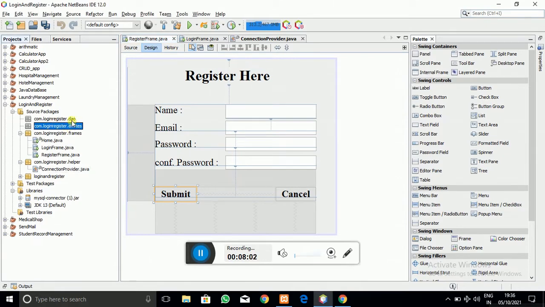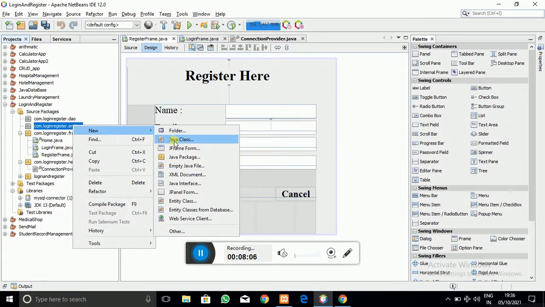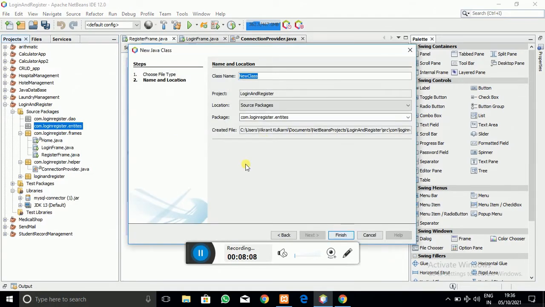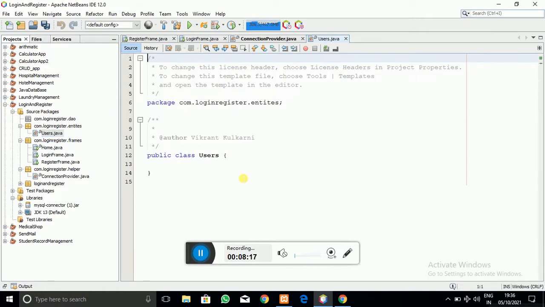And now, as we have created the database, I am going to create the entity also, that is, the user entity we require. So I am going to write the name as users. An entity acts like a database table entity, so that is what I am going to create.